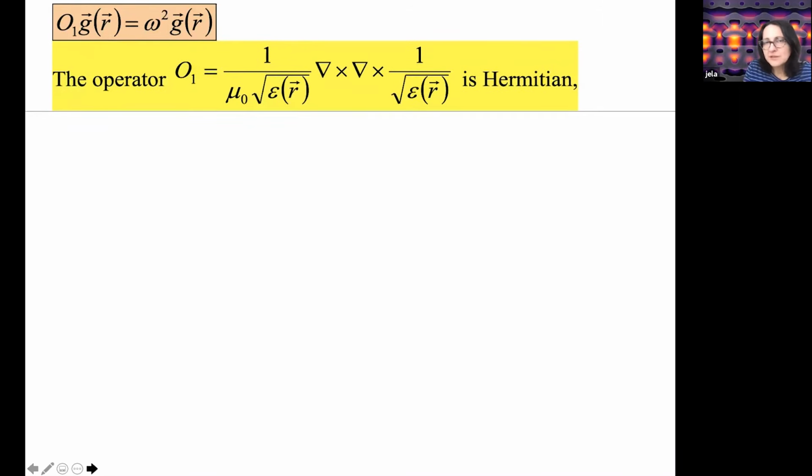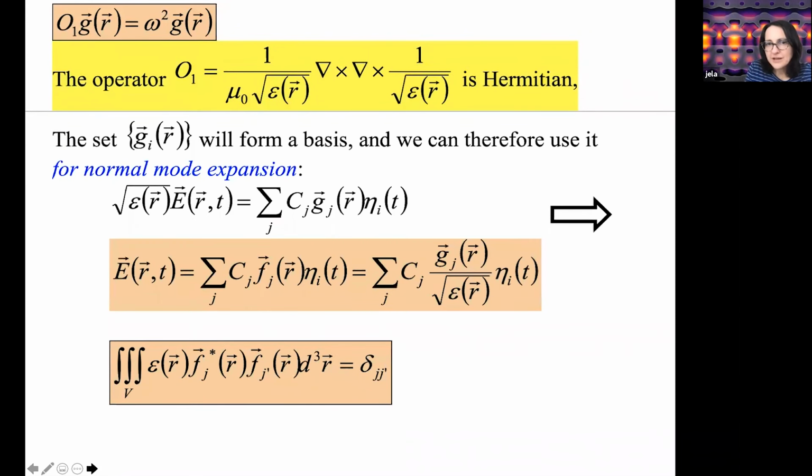But that is also telling you that you can expand your arbitrary electric field as a superposition of F's, because you can expand arbitrary square root of epsilon times E, right? That's the space for which G's are orthonormal eigenfunctions. You can expand arbitrary square root of epsilon times E in terms of G's. That's what the operator O1 handles. But that means that you can also expand arbitrary electric field in terms of F's, which are G divided by